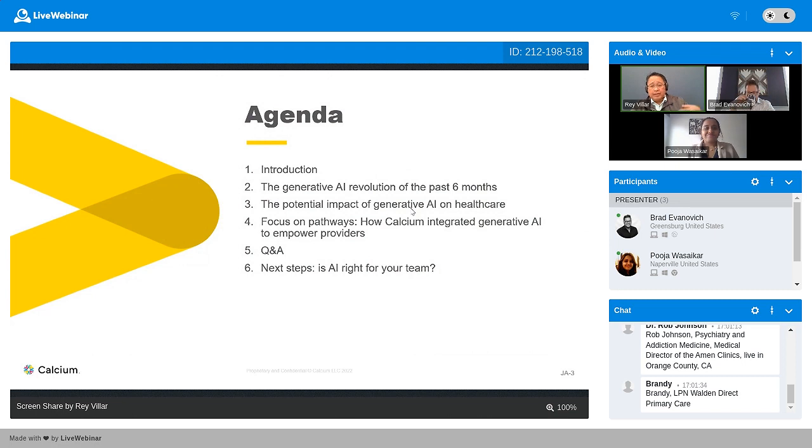We'll walk you through how we're using integrated AI in our system to generate personalized pathways for each patient, and give you some use cases. And then we'll have a Q&A. I'll be honest, we have about 36 questions in our Q&A feed already, but we do invite you to ask your questions as well. And then we'll wrap it up with a brief discussion of whether this is right for your team.